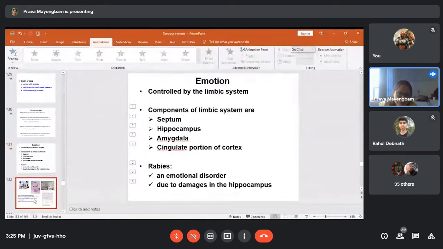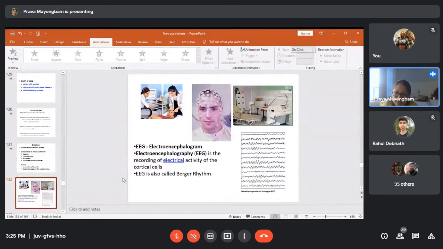Next, there are some topics: names of some instruments used to study brain activities. One is EEG. So what is EEG? That is Electroencephalogram. It is something like an ECG, a graph, which records the activities of the brain